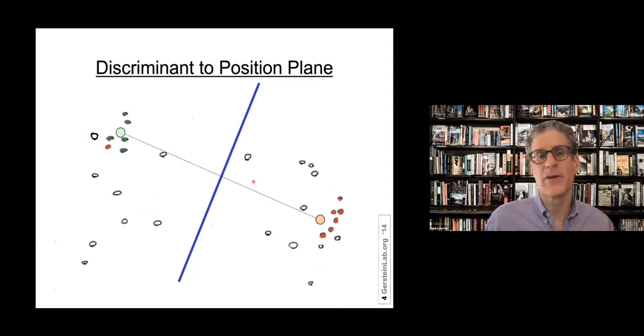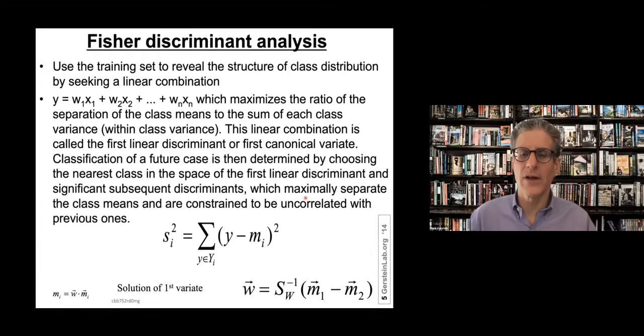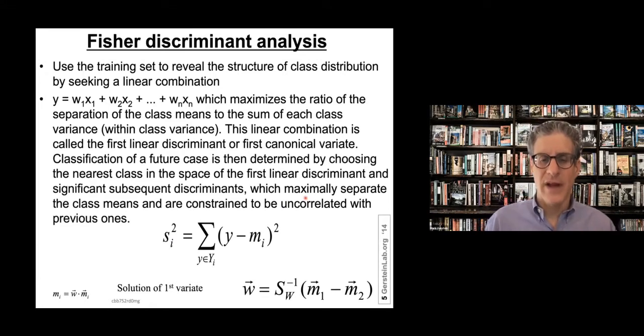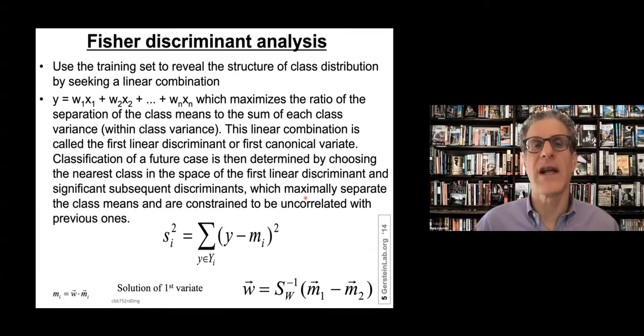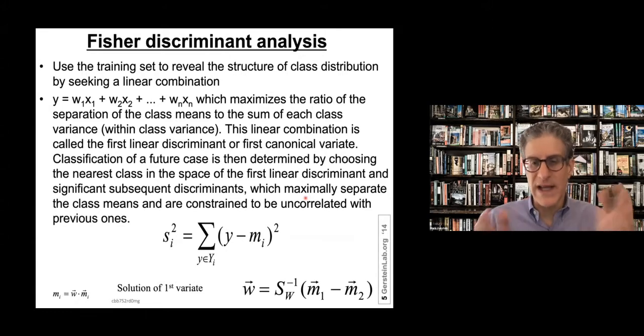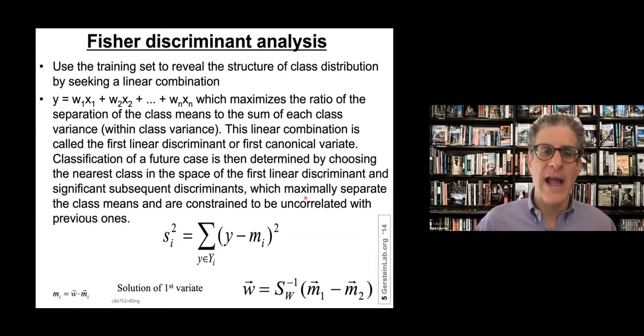One method for doing it, which is very intuitive, is you take your labeled points, say your red label points and your green label points, and you would find their centroid, and then you would connect them with a line, and then you would find a plane that is perpendicular to that line. And that's very close to one of the first methods that people did for this, and this is called Fisher's discriminant analysis. It's a very simple, classical method developed a very long time ago, and this